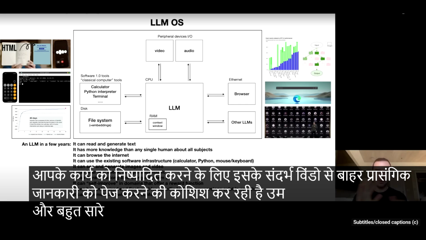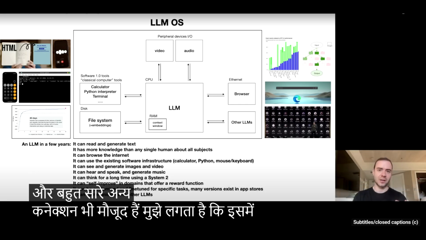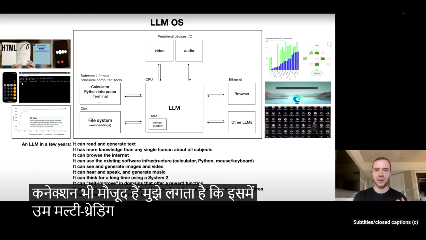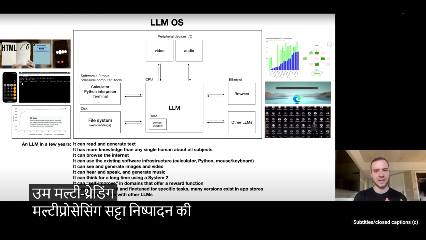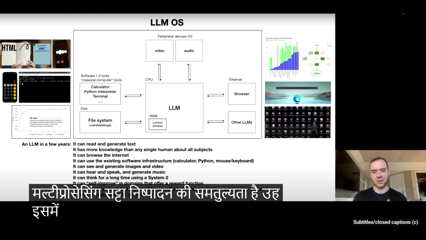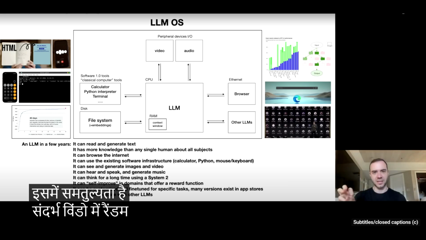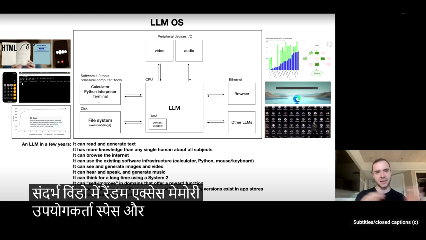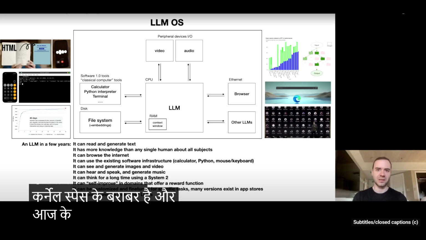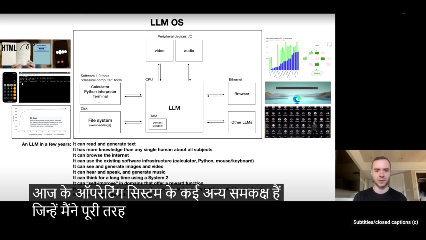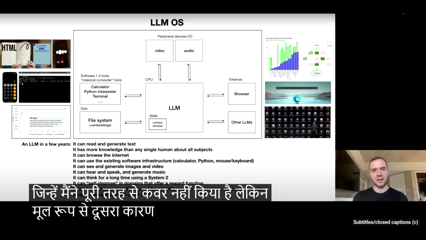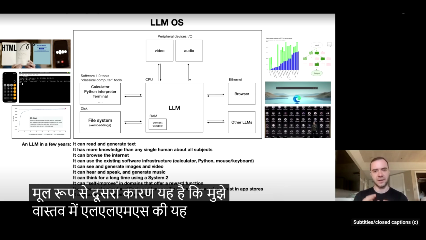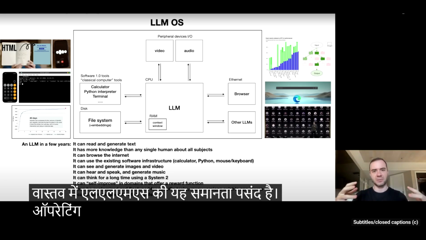And so a lot of other connections also exist. I think there's an equivalence of multi-threading, multiprocessing, and speculative execution. In the random access memory in the context window, there's an equivalence of user space and kernel space, and a lot of other equivalents to today's operating systems that I didn't fully cover. But fundamentally, the other reason that I really like this analogy of LLMs becoming a bit of an operating system